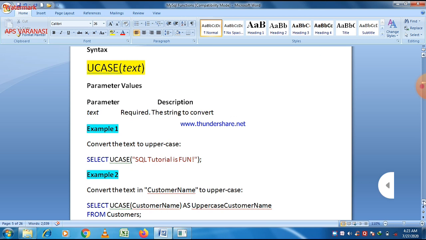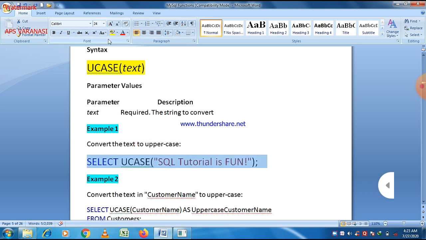And as we know, the select statement is compulsory to use with the different functions in MySQL, and there is a table name dual which is optional for you. If you want to write the name of a table, then just write from dual: select UCASE text from dual.